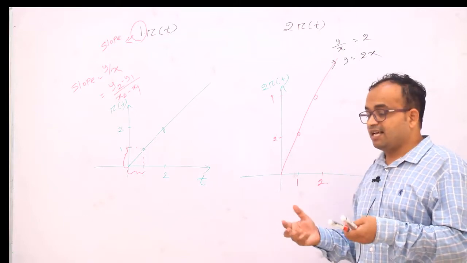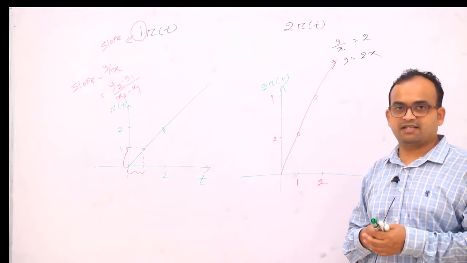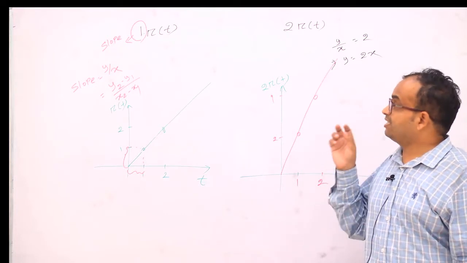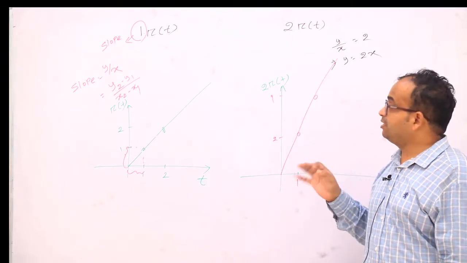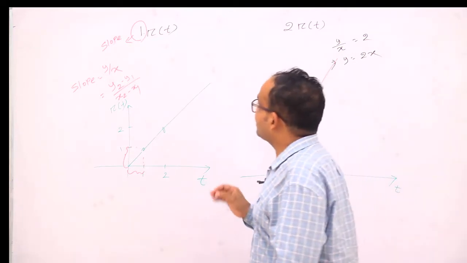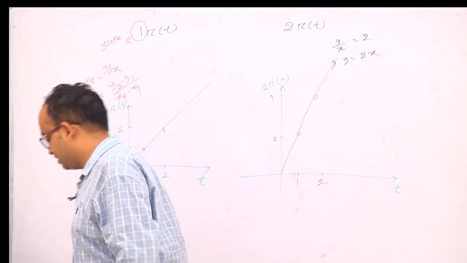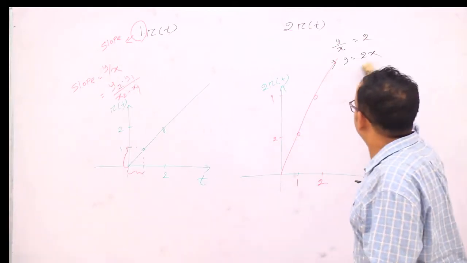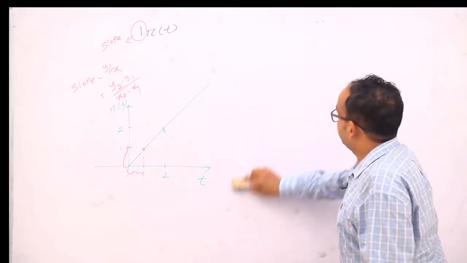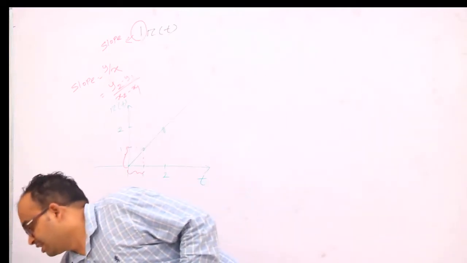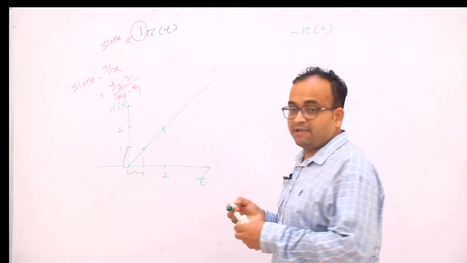So now, after drawing the ramp signal, we can go for some mathematical operations again. Right? So let me tell. What are the basic mathematical operations on the ramp signal? Very simple. Let me draw now minus r of t. How to draw the signal minus r of t? Now I can erase these things, because everyone knows what 2 r of t is, right? So I have to draw the minus r of t. Minus r of t means what happens?